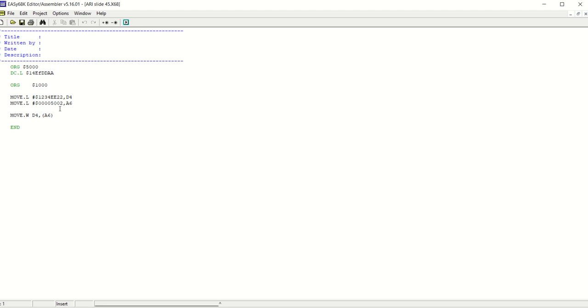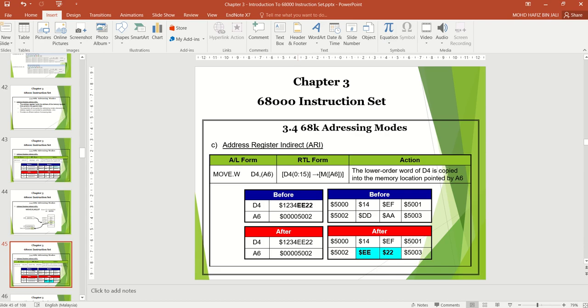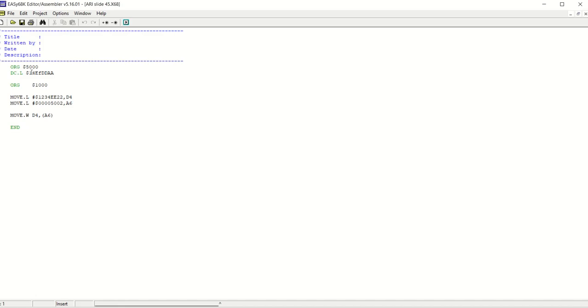Then you need to set the content inside address location 5002. Origin is 5000. Remember for 5002 it starts from 5000, 5001, 5002, 5003. The content of address 5000 is 14 EF DDAA, which is the content inside the memory location 5002.